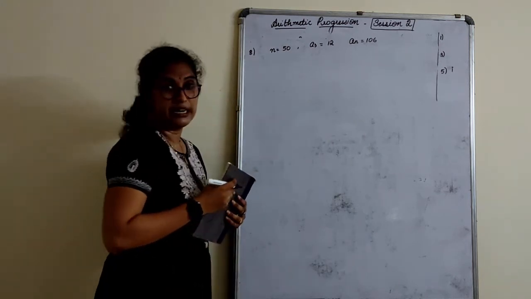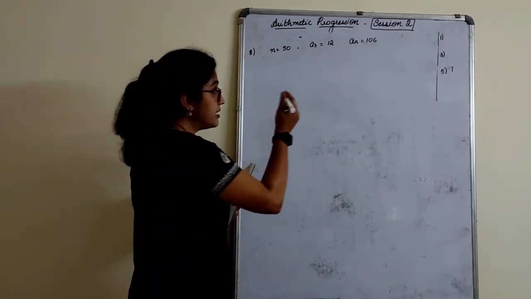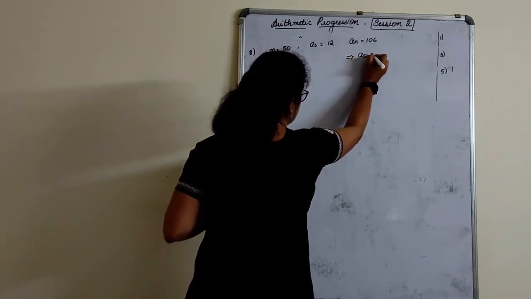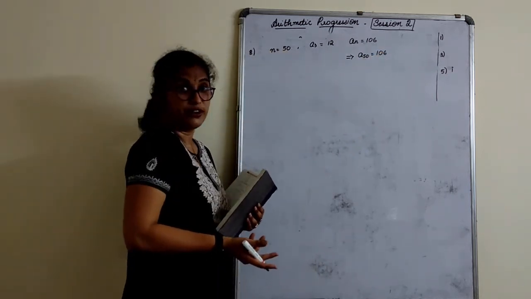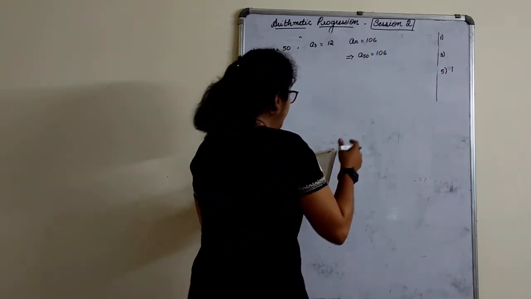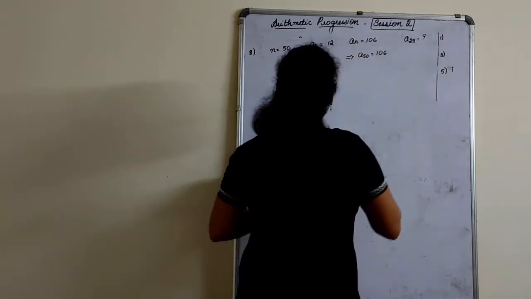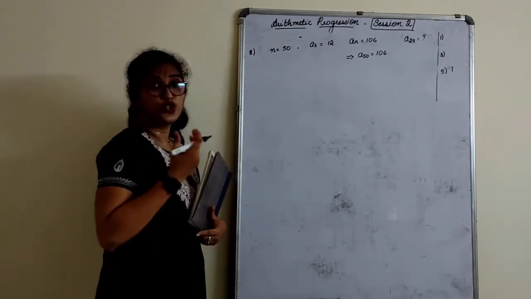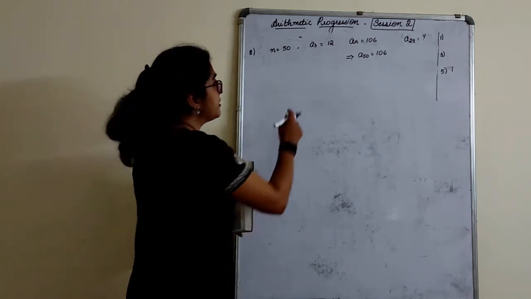the last term is 106. What does last term mean, children? How many terms does this have? This is nothing but A50 is equal to 106, because the last term is the A50th term, right? Find the 29th term, A29. Again, you need to find A and D here. Now this is the hint. It consists of 50 terms and the last term means the A50th term only.